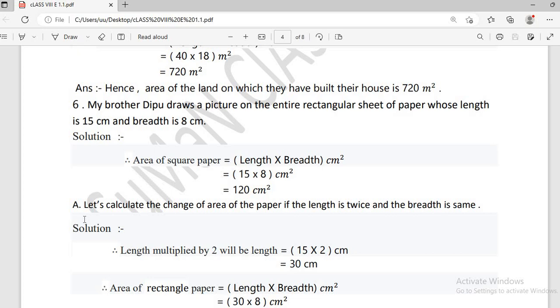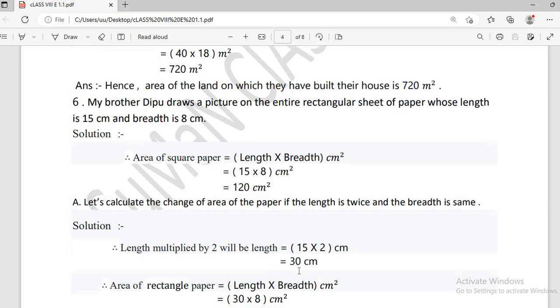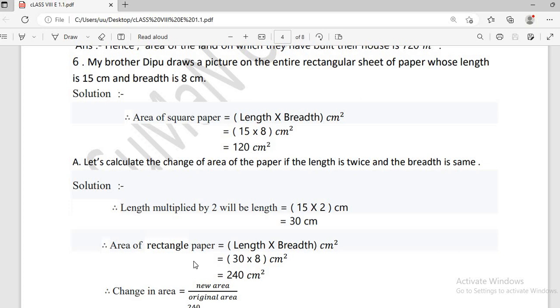Which is number A. Let's calculate the change of the area of the paper if length is towards and the breadth is same, মানে যদি আমাদের দৈর্ঘ্যটাকে দ্বিগুণ করা হয় প্রস্থটাকে একই রেখে, তাহলে সেই ক্ষেত্রে কি হবে? The solution: length multiplication by 2 will be length is equal to 15 into 2, এটা 30 সেমি. The area of rectangular paper is equal to length into breadth is 13 into 8 is equal to 240